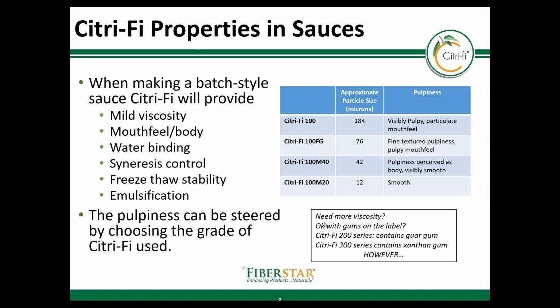Citri-Fi used this way will only contribute a mild amount of viscosity. If you'd like to have more viscosity, you have a couple options. Firstly, you could pair it up with starches or gums to get that viscosity boost. So use the Citri-Fi for all the other properties, but you get your viscosity through combining it in tandem with a gum or a starch. And FiberStar actually offers the 200 and 300 lines that do exactly that, if you're okay with having that on your label. But if you really want a nice clean label product that's thickened in a way that's compatible with pulpy sauces,